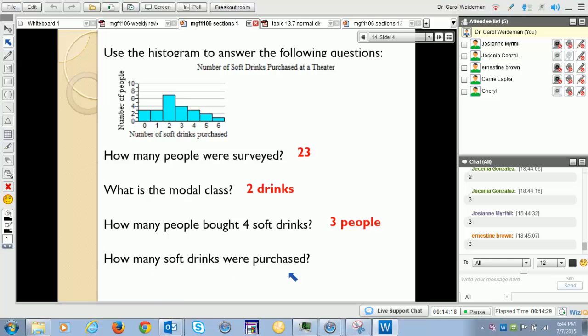How many soft drinks total were purchased? Now this is a little trickier. Okay, now it's not 21. Now be careful. So let's look over here. So in this group here, 3 people didn't buy any drinks, so no drinks here. How about here? 3 people bought 1 drink. So I actually could start putting the numbers on here. So this is a 3. So in this group here, there was a total of 3 drinks bought. How about in this group? These people bought 2 drinks, and how many people were in that group? 7 times 2 is 14, right? So 14.